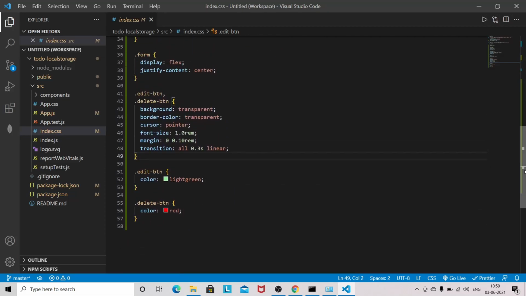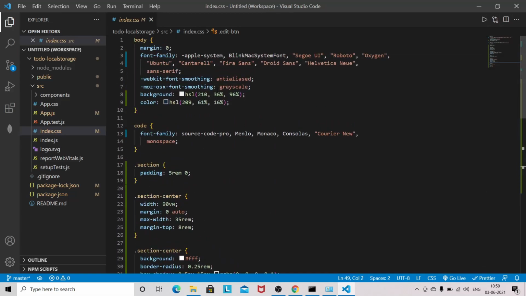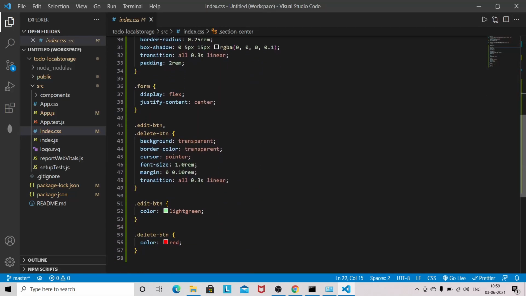There is not much external styling. And I have given this background in the index.css. If you want, you can give this background, so it will look like mine. I will inform you where you have to add the class name and the CSS styling.